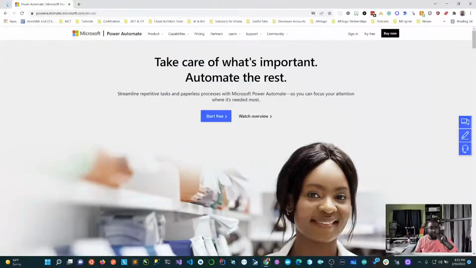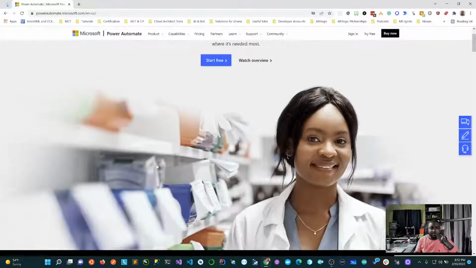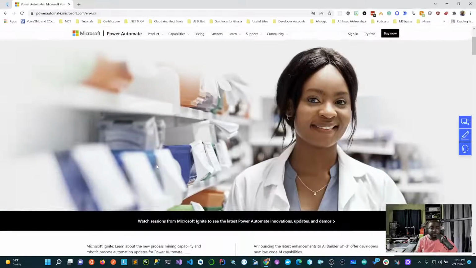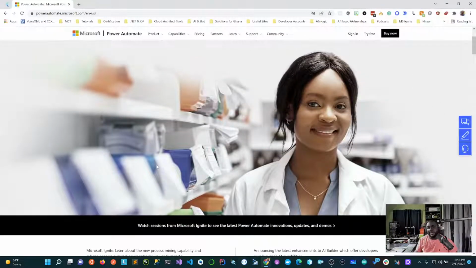So here we go. We are on the Microsoft official Power Automate website. The first thing you see is "Take care of what's important, automate the rest." The catch here is streamline repetitive tasks and go paperless. That's pretty much what Power Automate is. Power Automate allows you to automate things you've been doing repeatedly. A common example would be processing invoices.